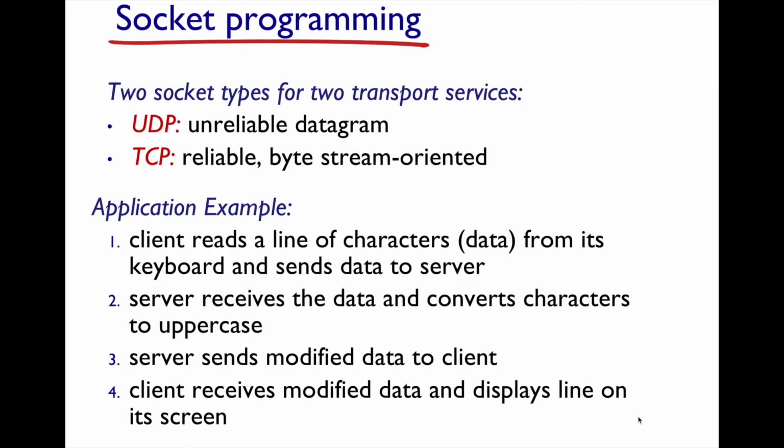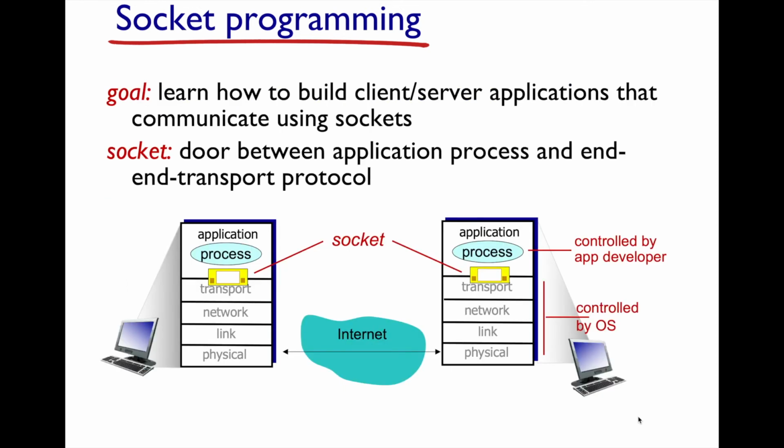Okay, and so there are two major flavors of transport services that underlie a socket. And even if you don't wrap yourselves in all the details of the transport layer, well, you will in this class, certainly it's important to know the difference between these two services because, like we saw in the previous diagram, the application layer needs to know what requirements it has to make the best use of the underlying framework. And so if you have an application where reliability of the data is important, things like transfer of files, things like banking, then you want to make sure that the version of your socket you use is capable of reliable transport of data.